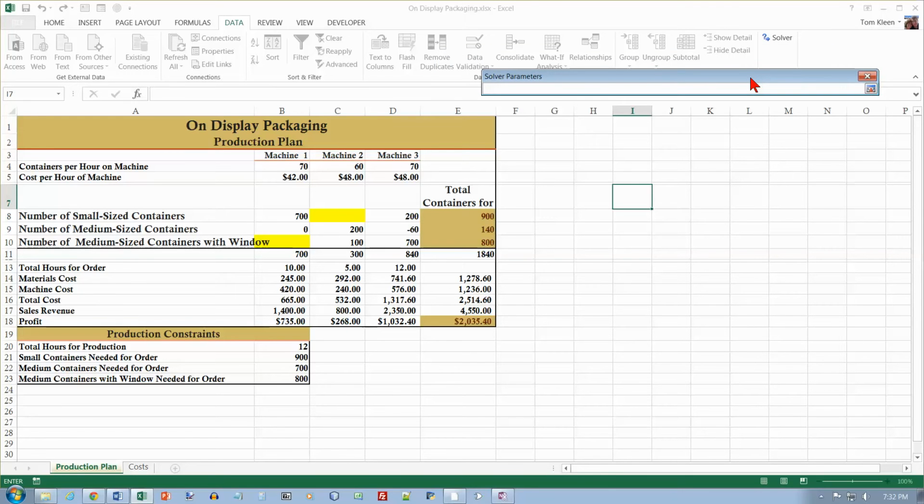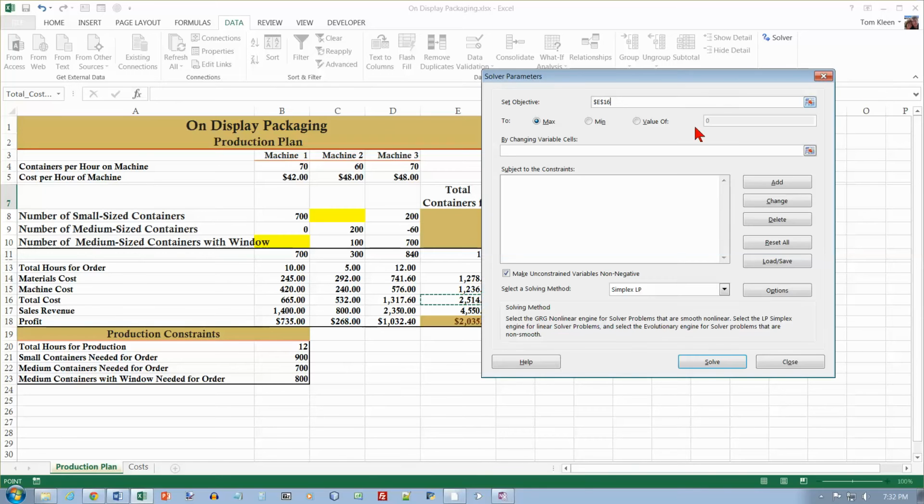And then what we have to tell it is E16 is right here. That's what they call our target cell. And we're going to try to set that to a particular value. And once we get that selected and E16 appears in the box, now we can turn to the top of